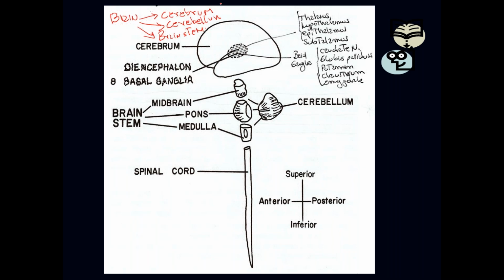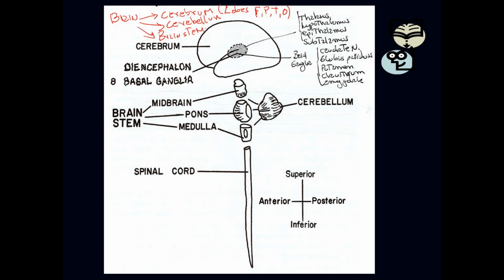Okay, the cerebrum is composed of several lobes, right? We have the frontal lobe, the parietal lobes, the temporal lobes, and the occipital lobes. We have a pair of frontal, a pair of parietal, a pair of temporal, and a pair of occipital lobes. But when we are talking about bones, you have a pair of parietal, a pair of temporal, but one frontal and one occipital. Okay?